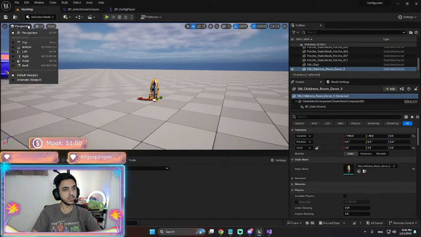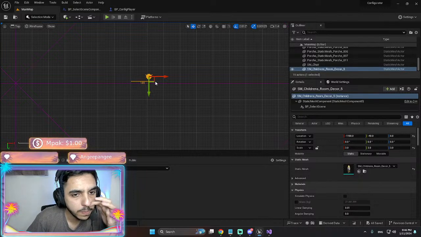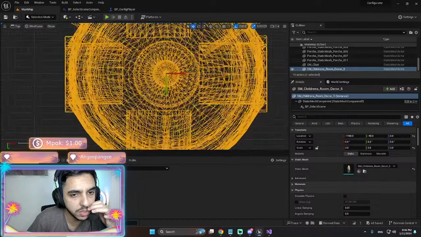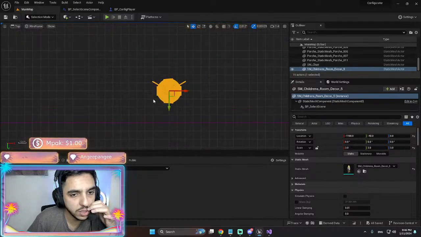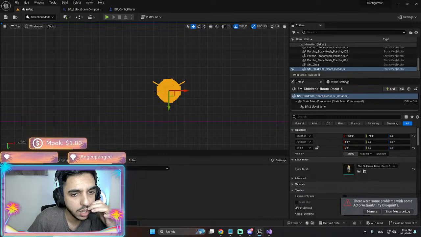How much is 1000 units in Unreal? So 100 is actually 1 meter or 100 meters? 1 meter.